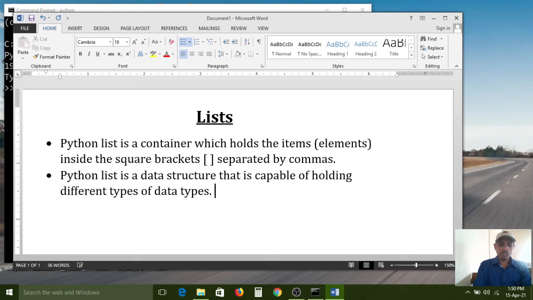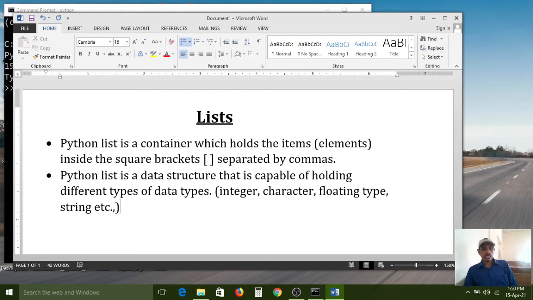Data types are nothing but what? Maybe int type values, integer type values, maybe character type values, floating type values, and also string type, etc. It can hold different types of data because it is a container.